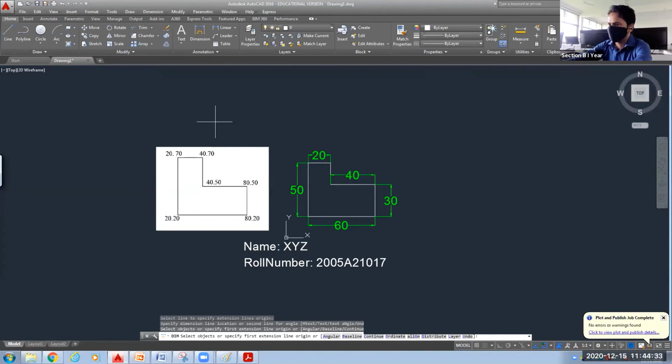You can see the cursor. What is the symbol of cursor? You have two lines crossing each other, two perpendicular lines. Okay. And here you can see in the command line, you are in a certain command. If you have to come out of this, suppose this type of cursor is visible, it means you have to select something. So you have to press the escape key on your keyboard.